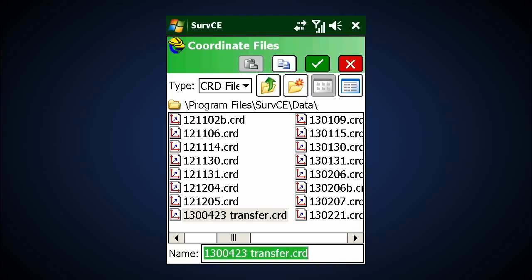You will be taken to the coordinate file screen, where you will need to locate the coordinate file you transferred from your PC. If you don't see the file you wish to use listed, you can select the Previous Folder button to navigate through your handheld to locate it. Two buttons to the right of the screen allow you to choose between a list view or a grid view